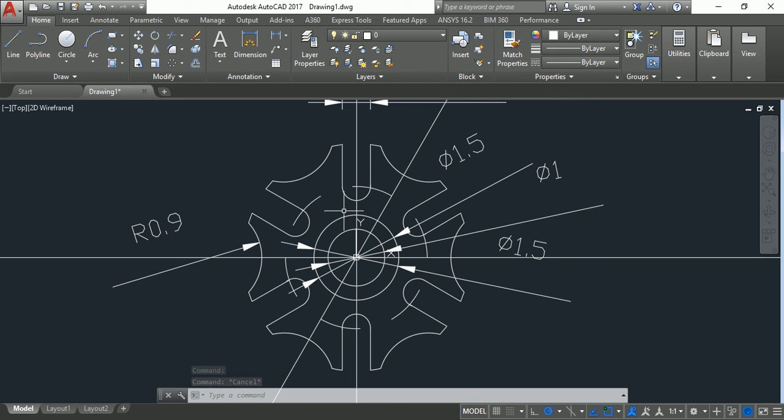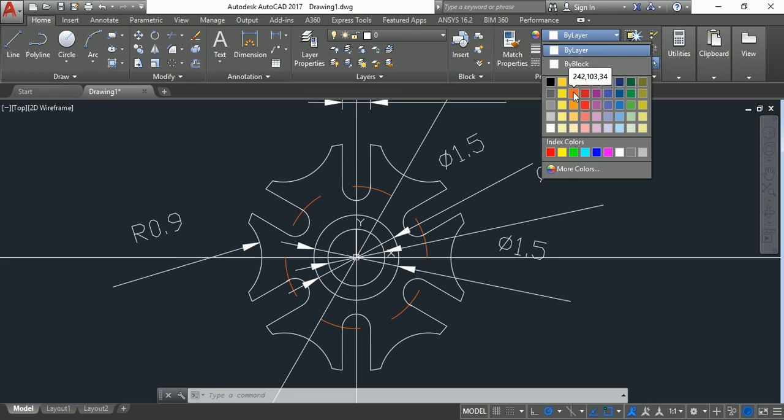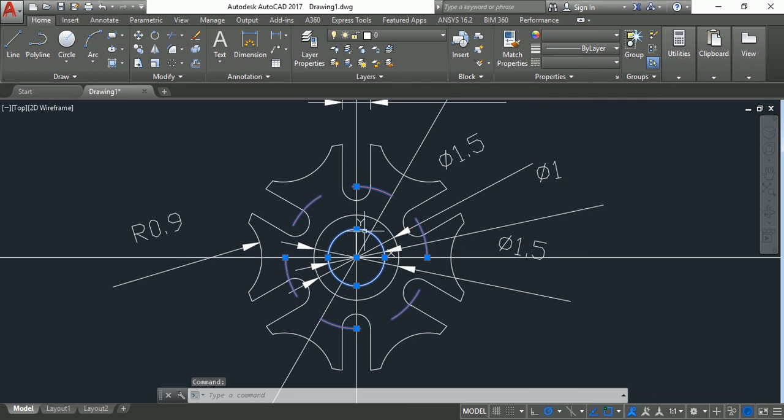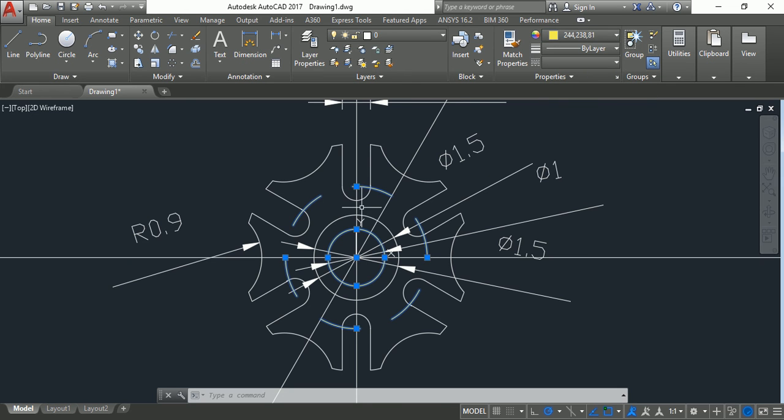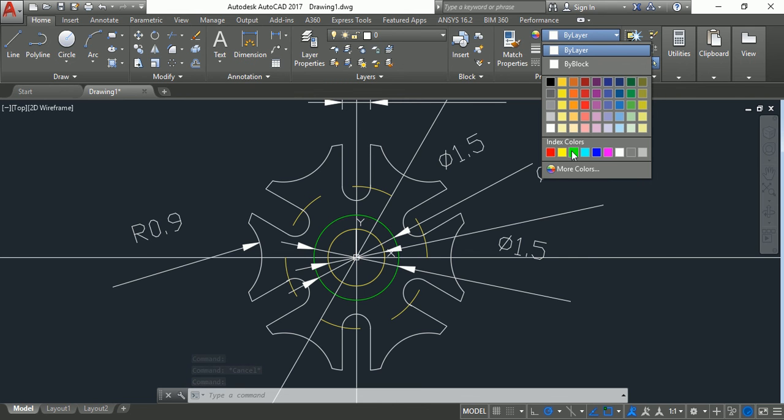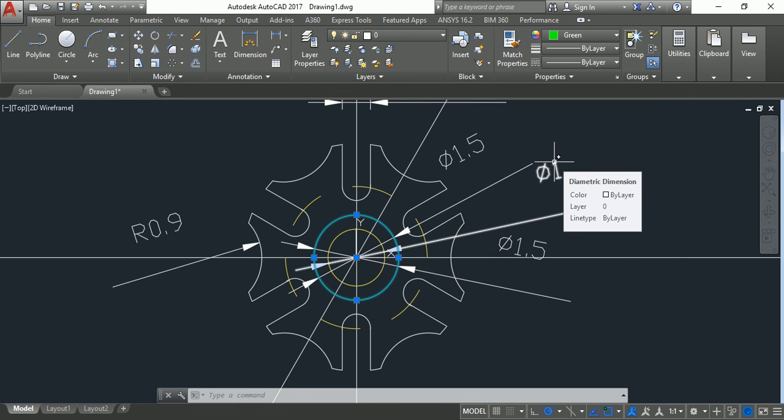Also, not to mention, for differentiating the entities, for applying them different colors, we can select any particular entity in the drawing, and apart from changing its display, we can also give the color so that it looks differentiated in the drawing and it becomes easy to understand the interpretation of different entities. So in this manner, we can use different drafting tools given in AutoCAD to create a drawing in a short interval of time.